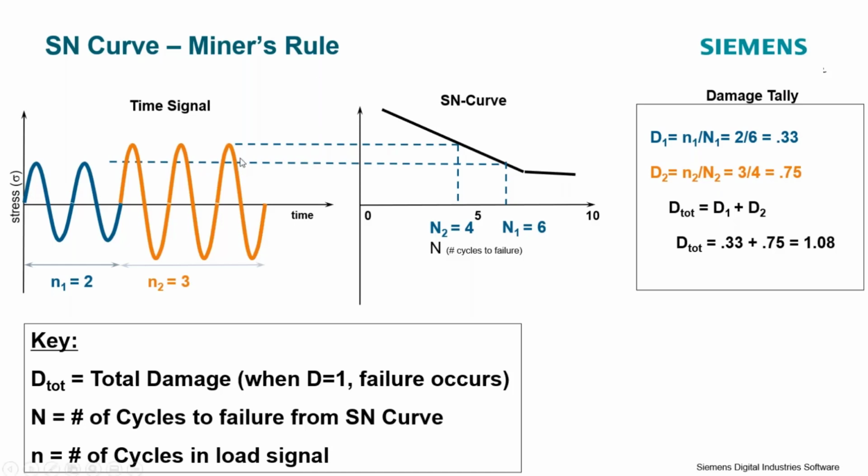This Miner's rule utilizes, again, our rain flow counting methodology in order to calculate the number of load cycles at different amplitudes, and then just directly compares it to the material SN curve to accumulate damage according to Miner's rule. We can also do some things when doing a fatigue analysis, like take into account the mean value from the load history. So in this case, the mean value is 0, but there's some corrections that can be made for whether or not this stress time history maybe had a tensile mean value or a compressive mean value.